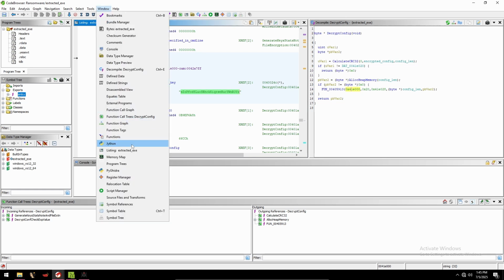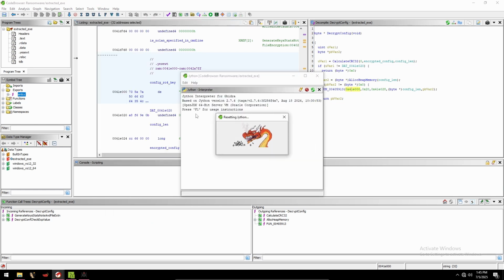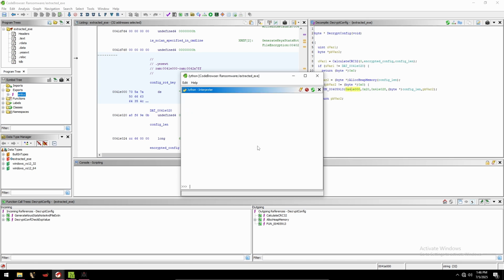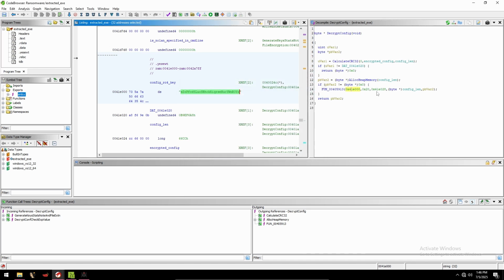Let's use Python. We just need to use Python functionality to check the length of this key. So if this key is going to be 32 in length, it means that the second parameter is a length. So we can now use the length function. We pass our key and it's going to tell us it's 32. We can also use hex to pass this value, which is going to be 20. Now we can flip this one, it tells us 32, and in hex it's 20. So this is a good indication that this function